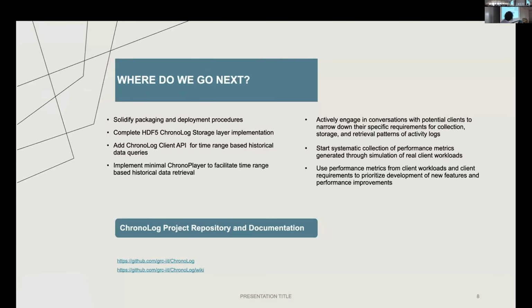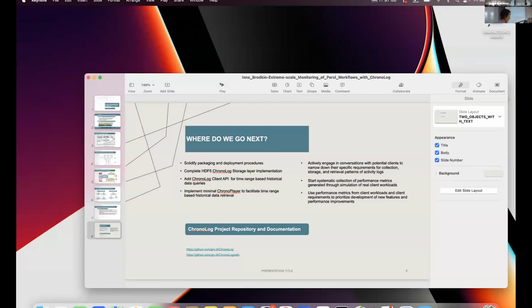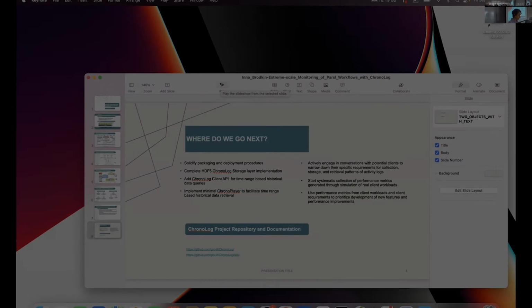So we already have our first successful release, and for the second release, we will provide not only recording, but the data retrieval functionality as well, and finalize our deployment and our